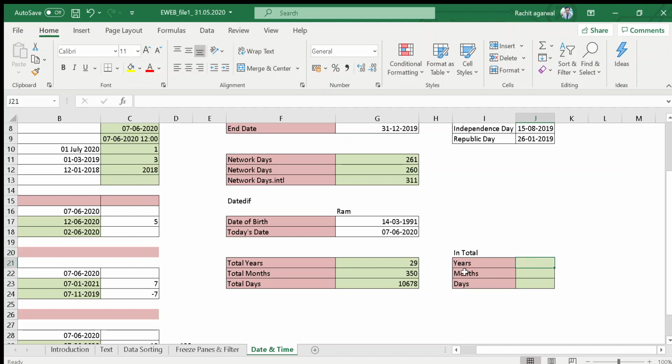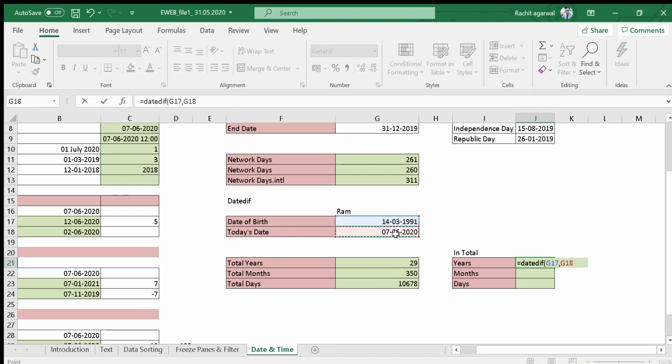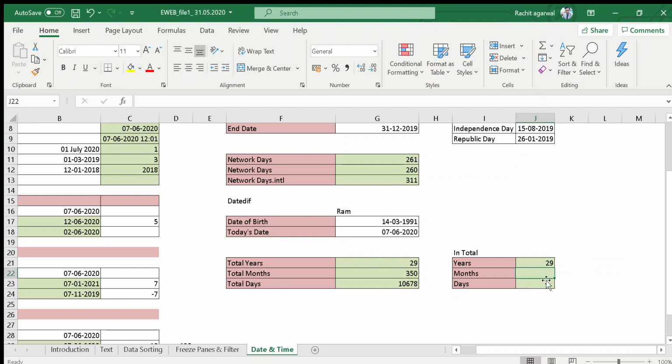So here you want to know the years, again equals the same formula. It is DATEDIF, your date of birth, comma, your today's date. For the years, the formula is the same, it's Y and bracket close. You will get 29 because the years would be the same, of course.